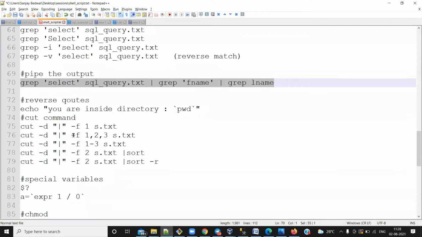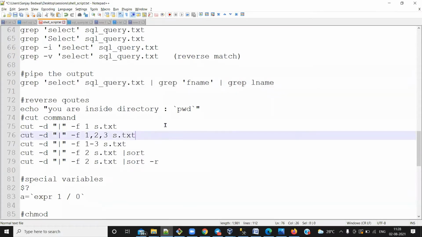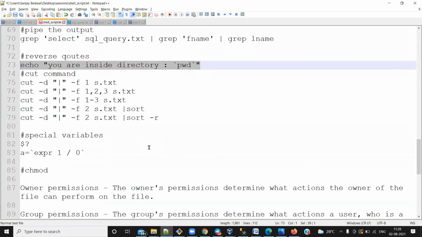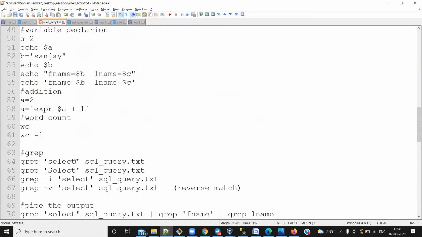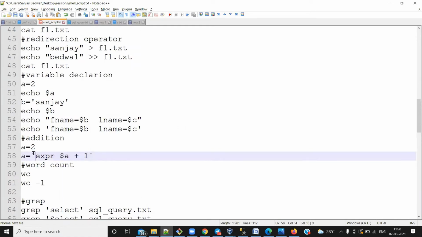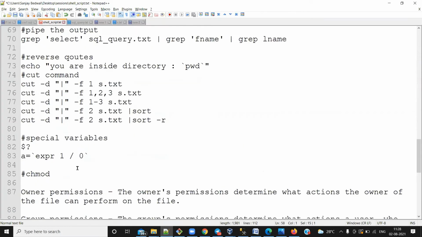Now let's go back to our file. Okay, reverse code. So this is one of the examples of reverse code. I have explained one of the use cases of reverse code in session 2, I think, where we had to do some kind of calculation, like we wanted to increase our counter, then we were using this reverse code. Now another use case of this reverse code is, let me go down.